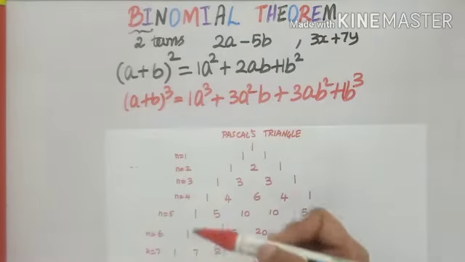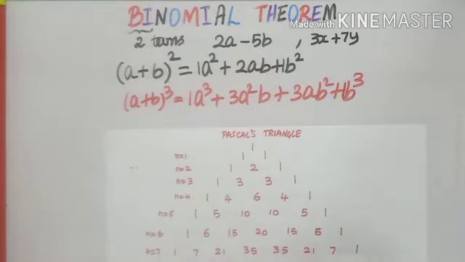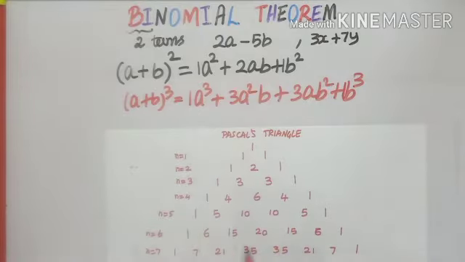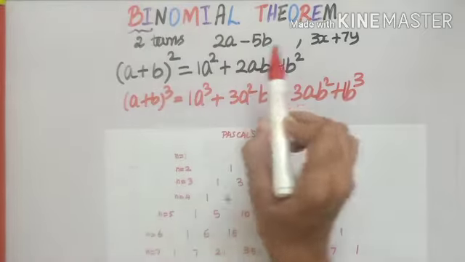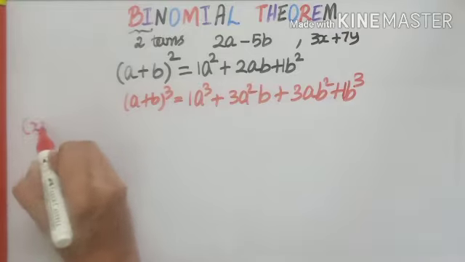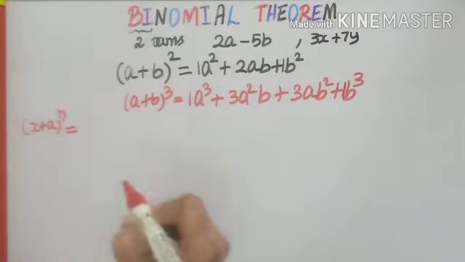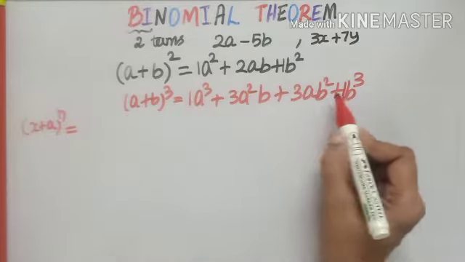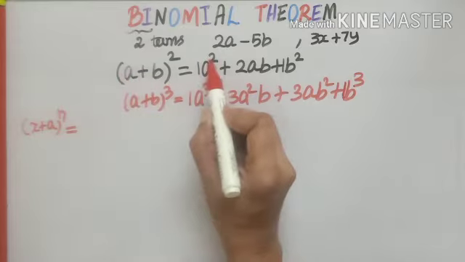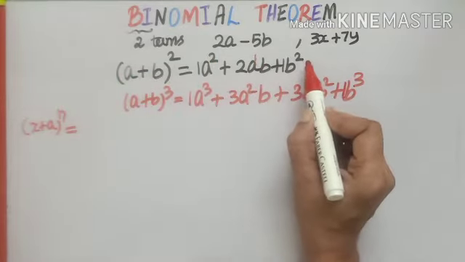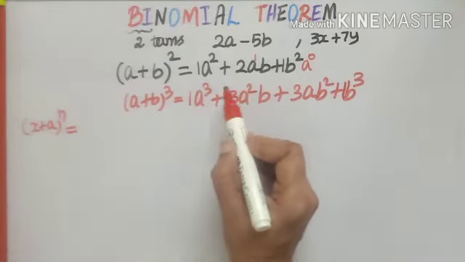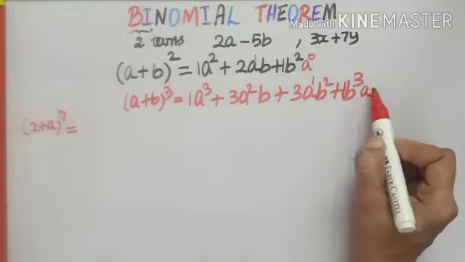Not only 2 and 3, power 4, 5, 6, 7, any power, any natural number, I can very well write. So that expansion we call binomial theorem. How are we going to write it? (x plus a) the whole power n. See how we are going to write it using the same pattern. First term, when it is square, a power 2, a power 1, then a power 0. When it is (a plus b) the whole cube, a power 3, a power 2, a power 1, then a power 0.